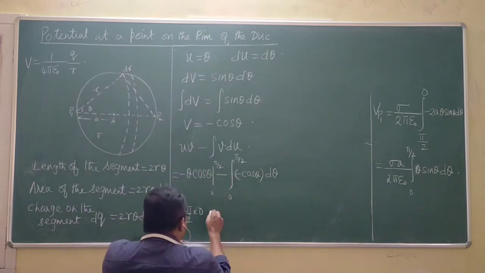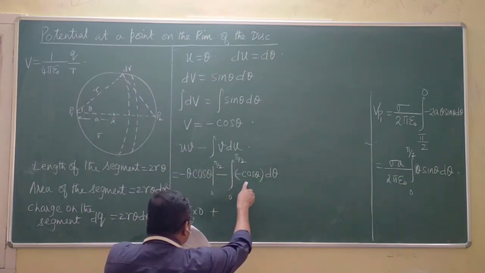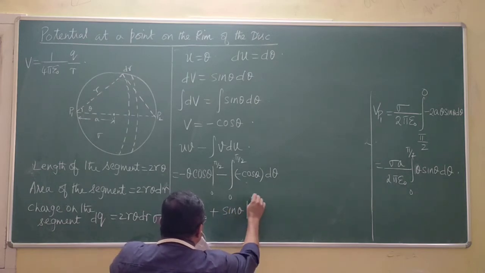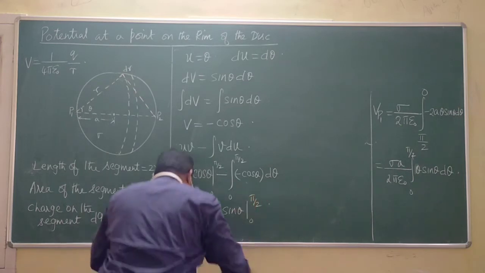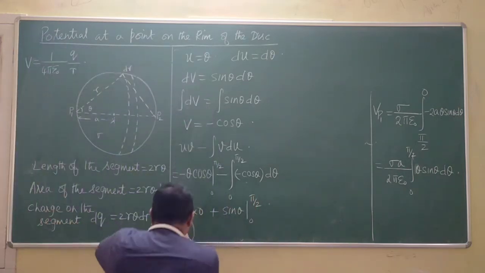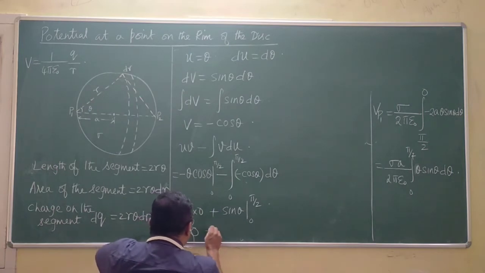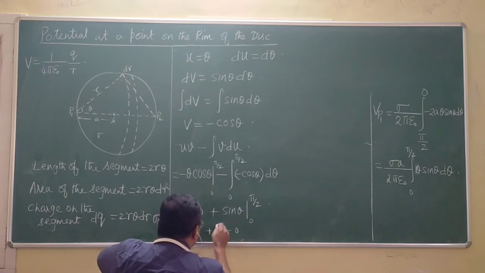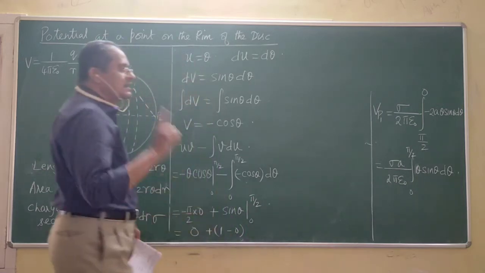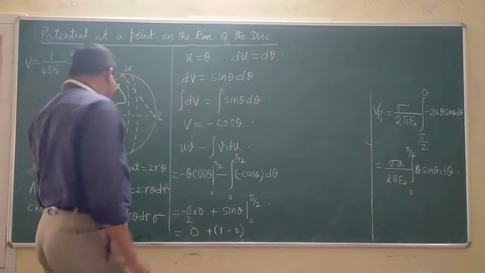So this minus of minus plus integral of sin theta, cos theta, sin theta between the limits 0 to pi by 2. Is that okay to you? Now, this is 0 plus sin 90 is 1, sin 0 is 0. Therefore, the entire thing amounts to 1. It reduces to 1. Therefore,